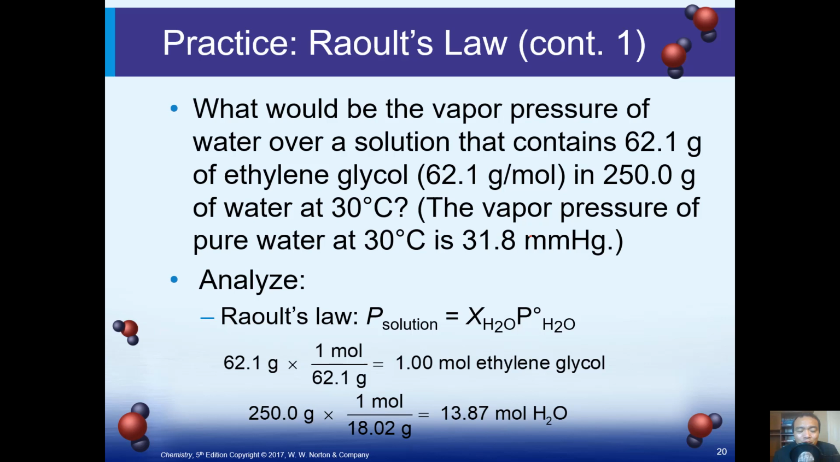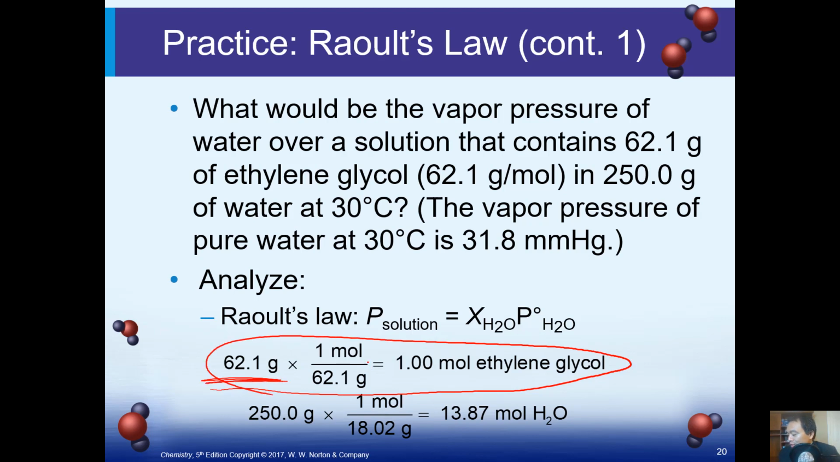So the first step, we will need to find the moles of the solute. It's the grams divided by the molar mass. This gives you 1 mole of the solute. Next, we will need to find the moles of solvent, which is water in this case. So grams divided by molar mass, you have 13.87 moles of water. So now you can calculate the chi